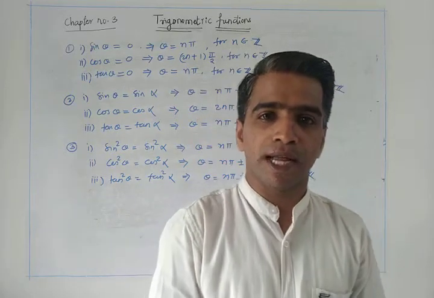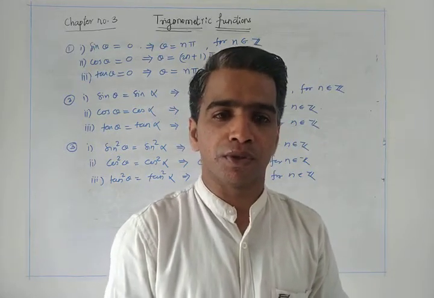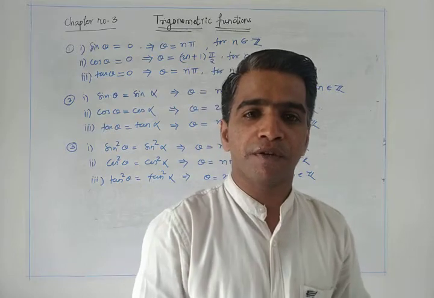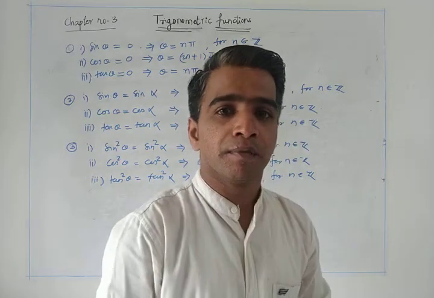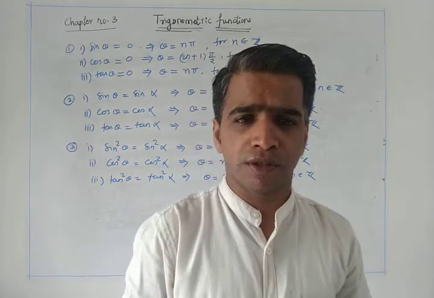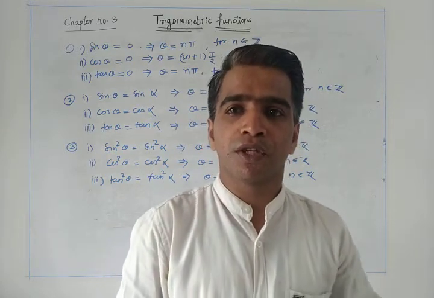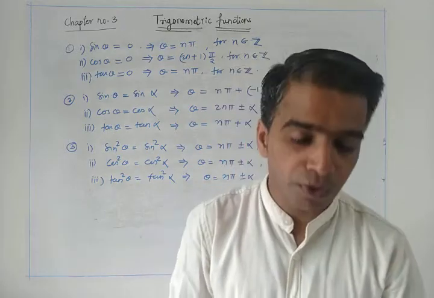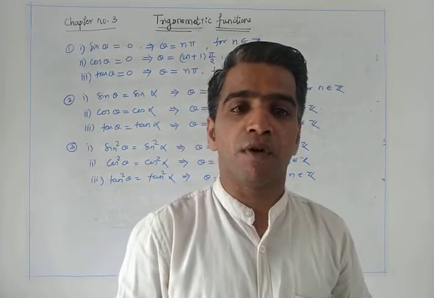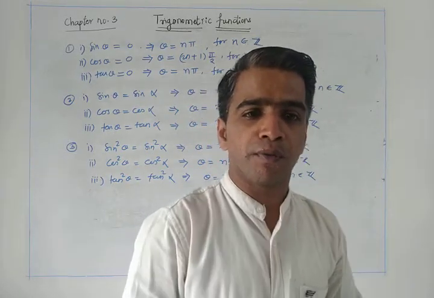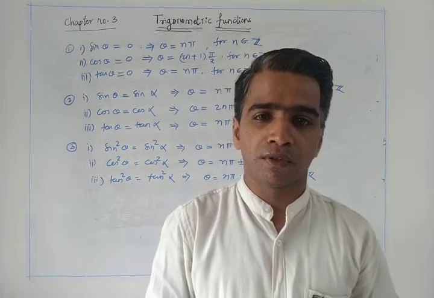Last time we learned how to find the principal solution. Principal solutions means we are finding the solution in the first period, but whenever you are finding the solution of a function in a number of periods, that solution is called a general solution. For the general solutions, I already explained some formulas, so we'll revise those formulas first and then start with the questions.